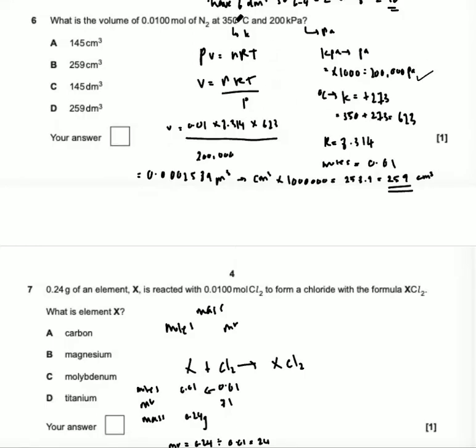To go from degrees Celsius, we need to use kelvins for temperature. And for kelvins, you just add 273. So you take 350 and you add 273 and you get 623. R is a constant, so it's 8.314. And moles was given as 0.01. You plug that all into the equation and you get 0.000259 meters cubed, because remember, volume is in meters cubed. However, we have either centimeters cubed or decimeters cubed. So if we go from meters cubed to decimeters cubed, that's timesing by 1,000, we will get